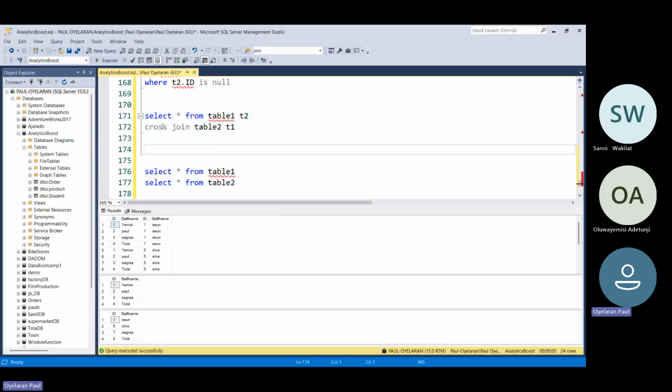I remove the on. Can you see? Cross join does not use on. It is when you are using your left join, right join, full outer join that you can be using your on, because whenever you use your cross join, it is just like, okay, if